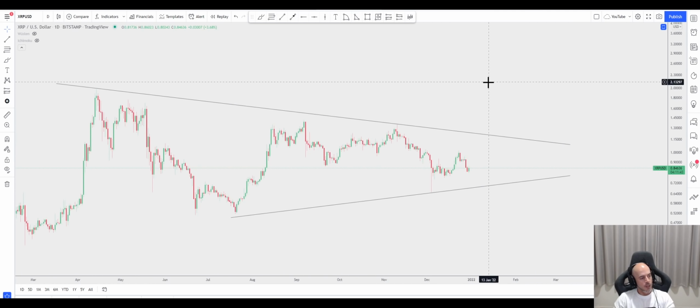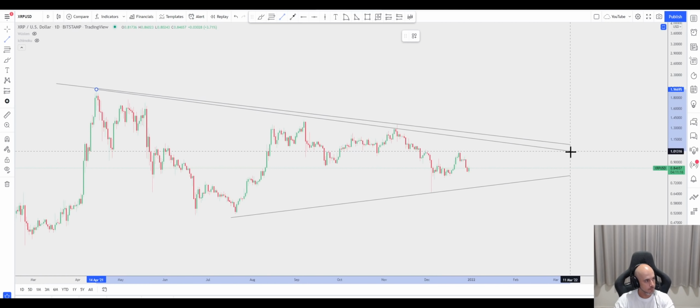Right here. So this is the first approach, okay? But the question is, is there validation for this? And I'm going to tell you yes and no. That's the reason why we are going to add another line and try to make better sense of this structure and the behavior. So let's go for a dashed line right here, which must catch